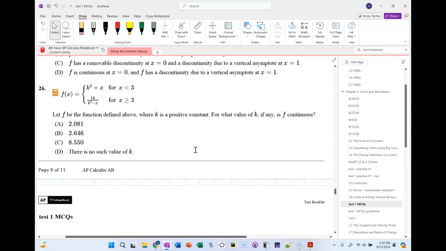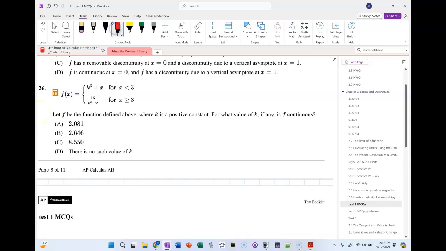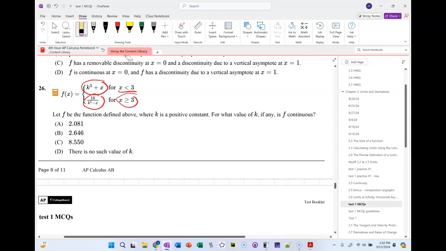Oh, this one's a tricky one, huh? Okay, it says let f be the function defined above where k is a positive constant. For what value of k, if any, is f continuous? So I noticed that the first piece is polynomial, so I know that's continuous over its domain. And this is a quadratic, so I know that's continuous over its domain. So I know that my right-hand limit is equal to f of x. I just need to find k such that